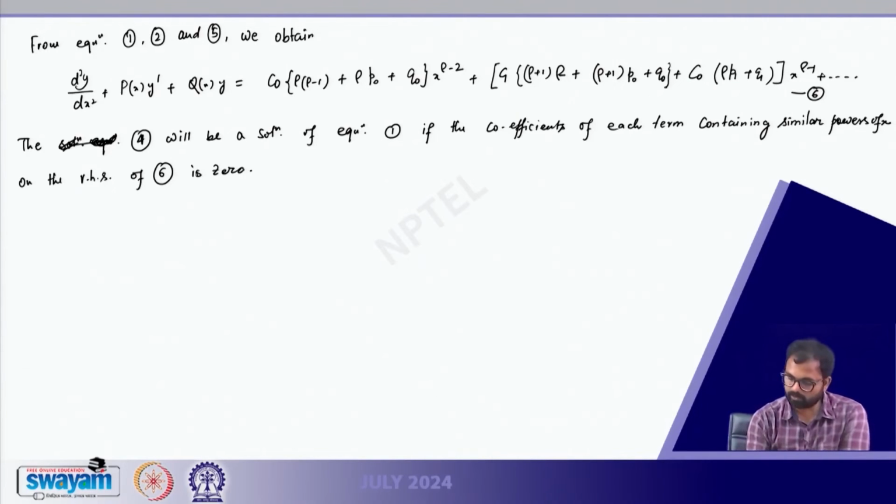So, therefore, equating the coefficient of x to the power rho minus 1 from 6,